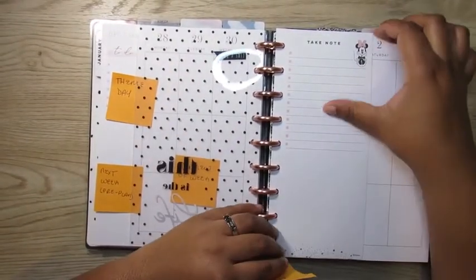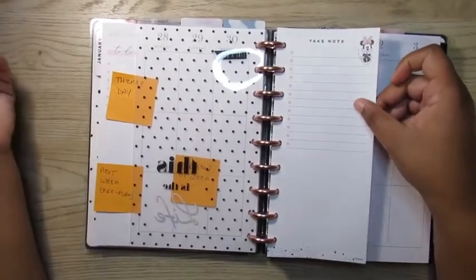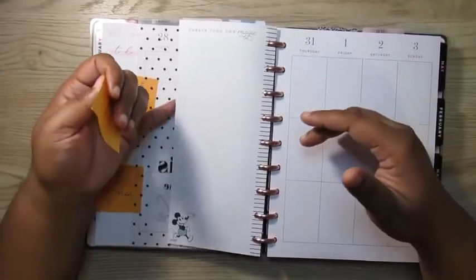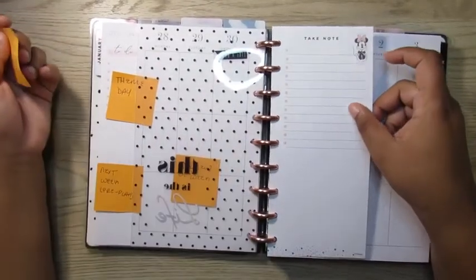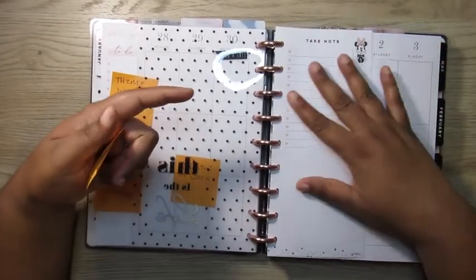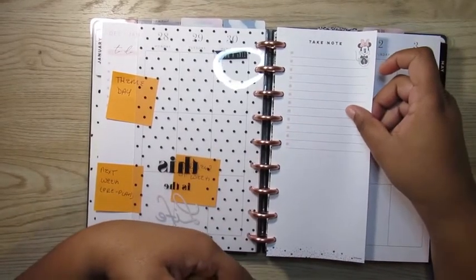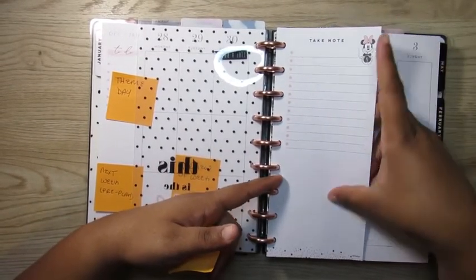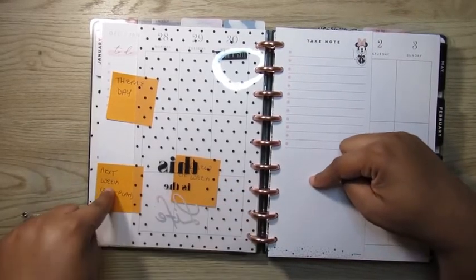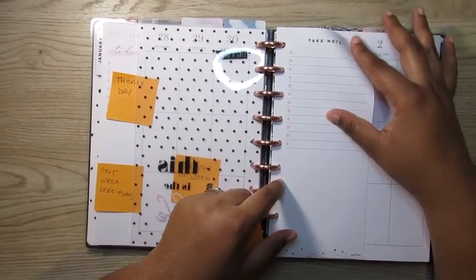And I do want to keep a half sheet in every week. For this specific week, I just used the Minnie and Mickey half sheet, because it goes well with the planner once again. And I do want to keep a half sheet every week just for any quick notes that I need to jot down. And I can also use this to pre-plan anything for the following week if I don't have any more room over here, and any running to-dos,